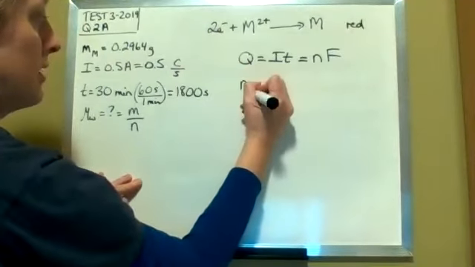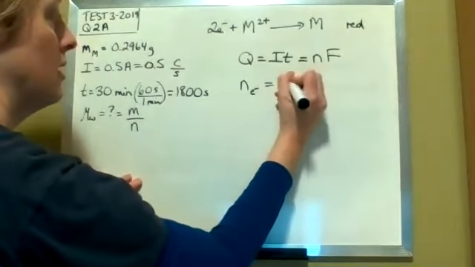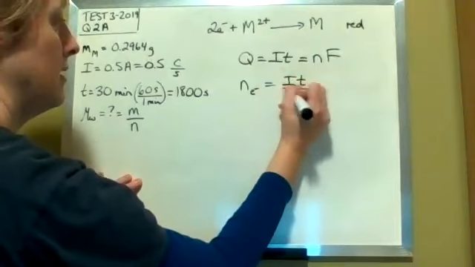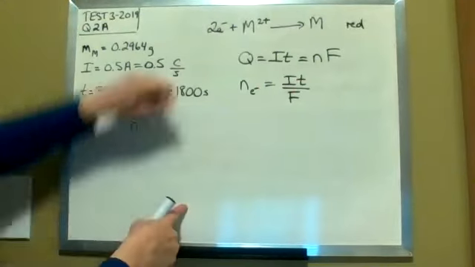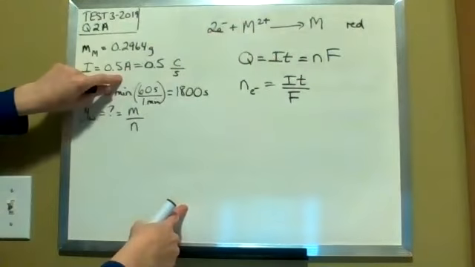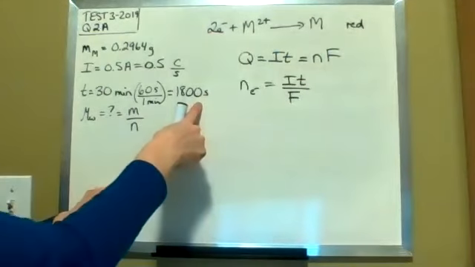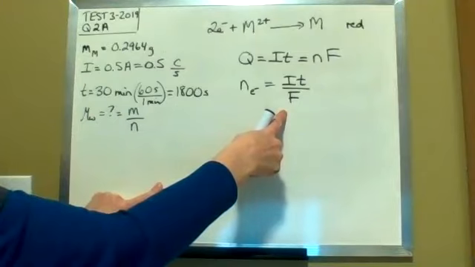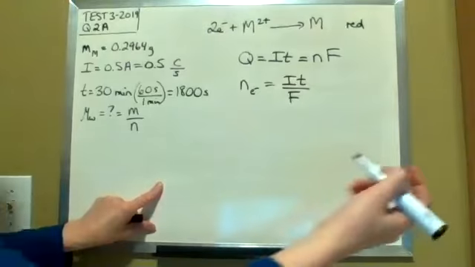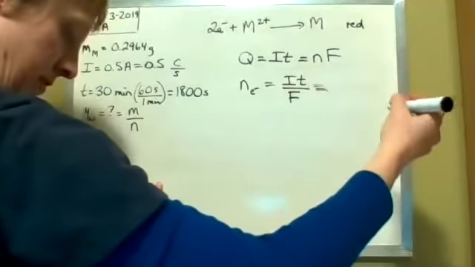So that means our moles of electrons is going to be equal to IT over F. If you sub everything into here, we know I is 0.5 coulombs per second. We know our time in seconds. Make sure you've gotten all this. And Faraday's constant, which is 96485 coulombs per mole of electrons. That's where you're getting that unit. And if everything has been punched in correctly here, you should have a value of